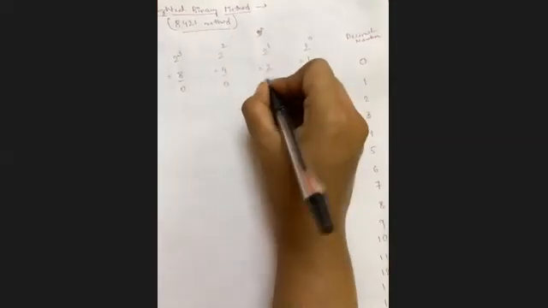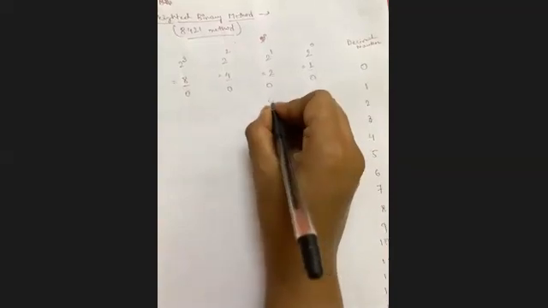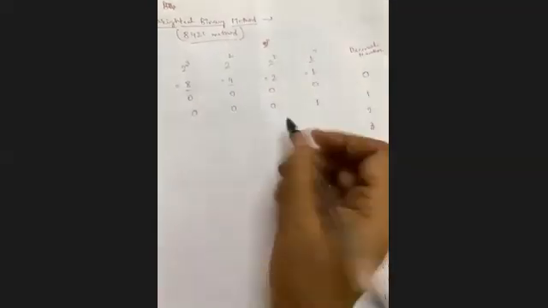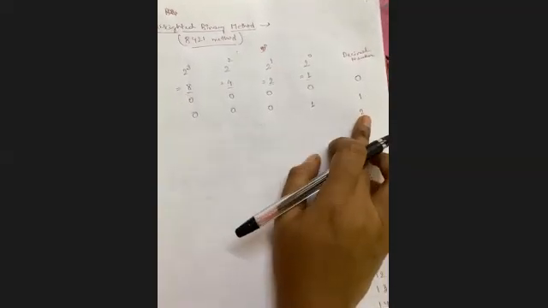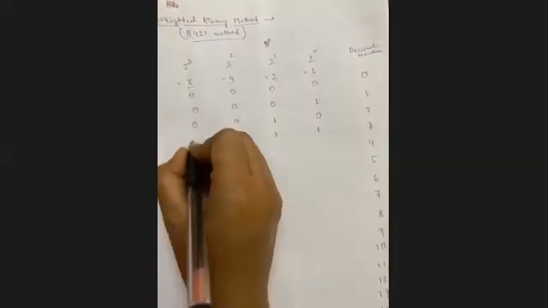So for 0, I'm representing it as 0, 0, 0, 0. Right? For 1, to make it 1, what I have to do? 1 के नीचे 1 लिख दिए, बाकी सब में 0. Basically, what we are doing, we are adding these terms. 1 के साथ 0, 0, 0, 0 अब add करो, 1 ही आएगा. Next for 2, 2 के नीचे 1 लिख दे रहे हैं, बाकी सब में 0. To make it 3, 2 plus 1, 2 के नीचे 1, 1 के नीचे 1, बाकी सब में 0.